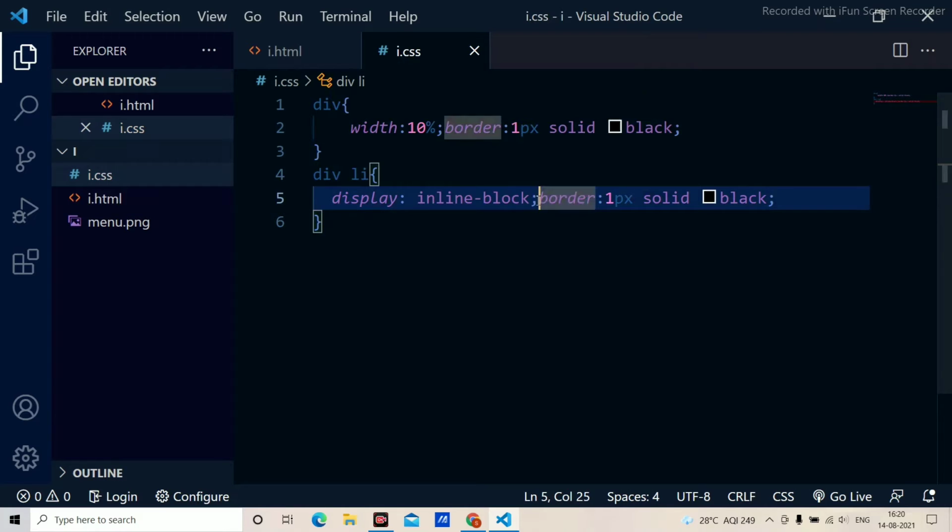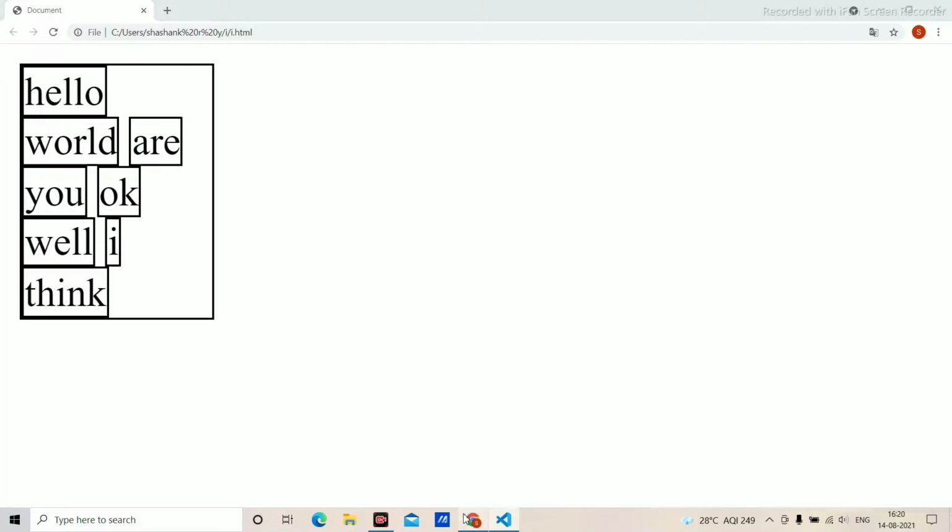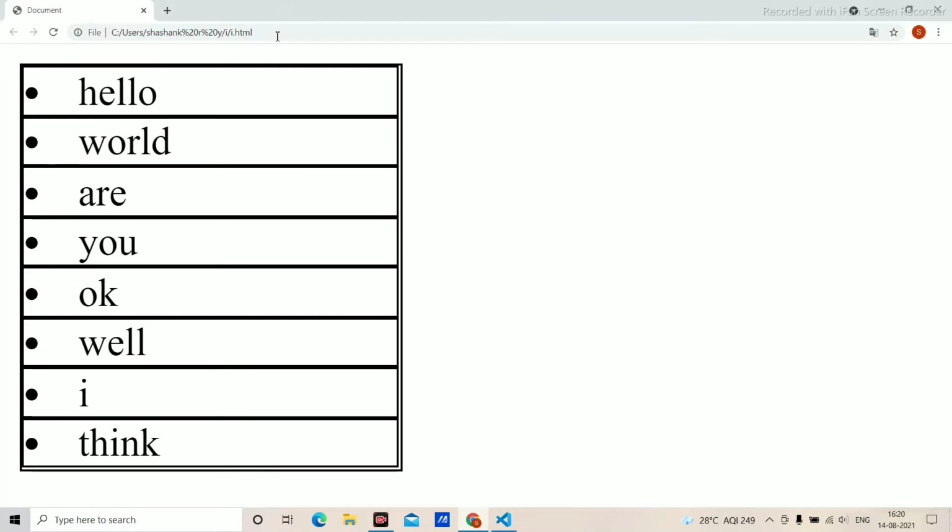I will not mention any display here. In the browser, the list items have a 1 pixel border, and the div also has a 1 pixel border. Therefore it is showing thin borders around them.